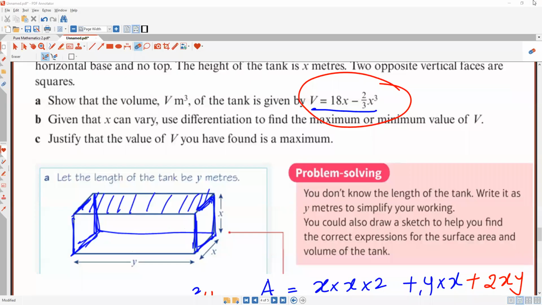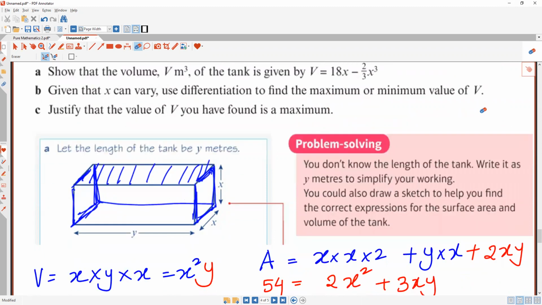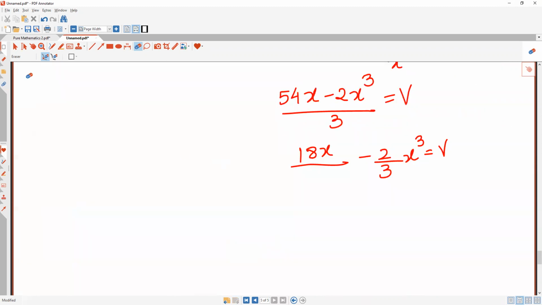They said, given that x can vary, use differentiation to find the maximum or minimum value of v. They did not tell you to prove it, they just told you to find the maximum or minimum value. Okay, no problem. So if they ask for the maximum or minimum value of v,